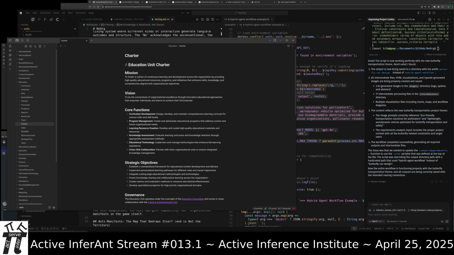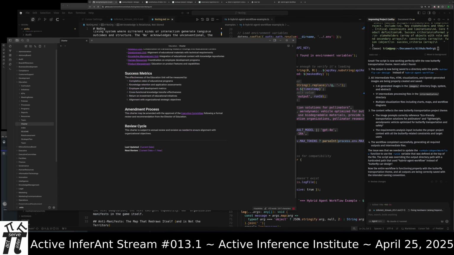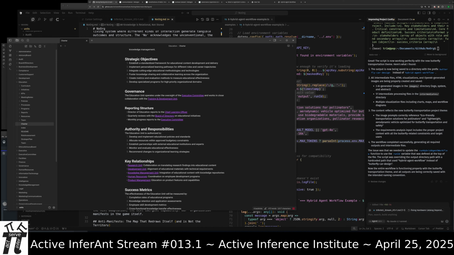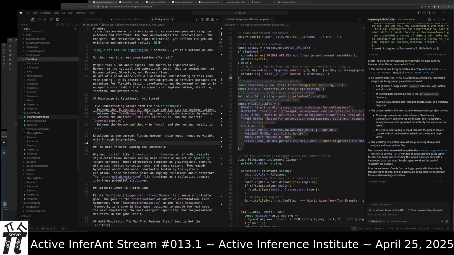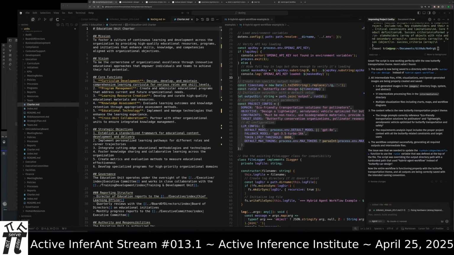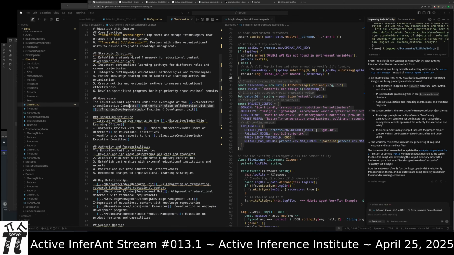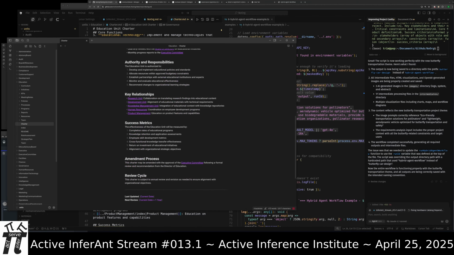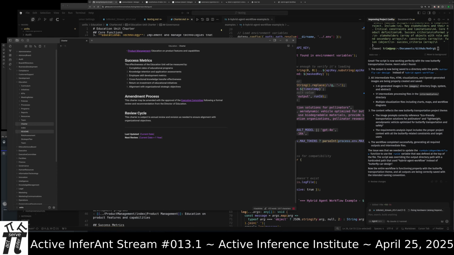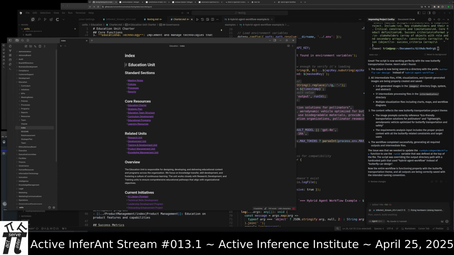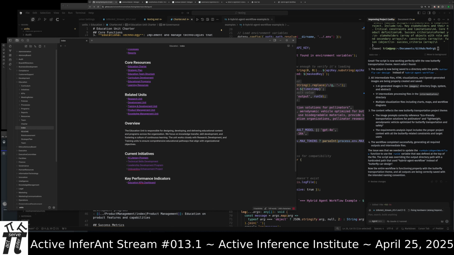So here's the charter of education, and it's written out in plain text. And what that looks like in Cursor, in the education charter, is these double bracketed links. So this is how Obsidian knows that it is in an Obsidian knowledge base. And that gets rendered out like this. So education charter, index of different documents within the education unit. And this can go to an arbitrary level of detail.